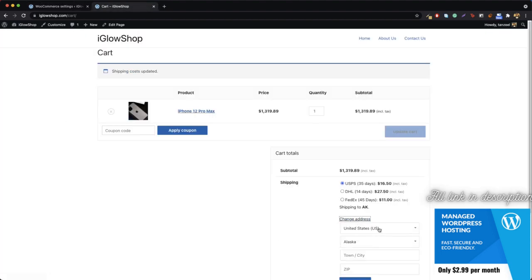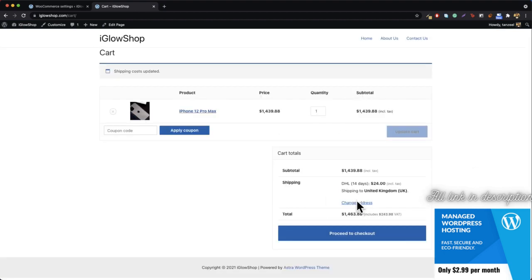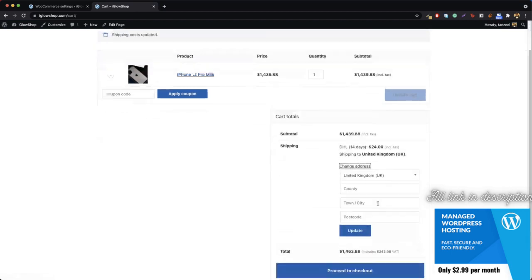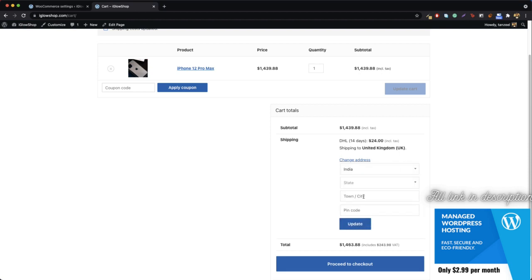Now let's go ahead and select our country. Let's go to the change address, and let's change our country to UK, and let's hit update. Now once you update this, you can see that we have only got one shipping option, that is DHL. It's gonna take 24 bucks. So now what we will do is change our address to India, and we just hit update, and you can see we will be given the same